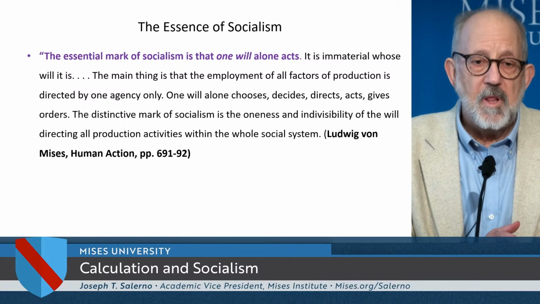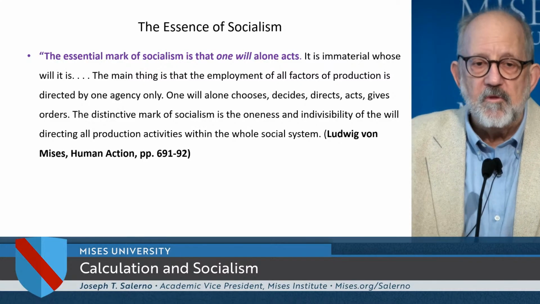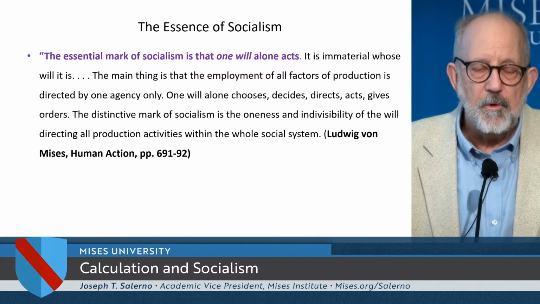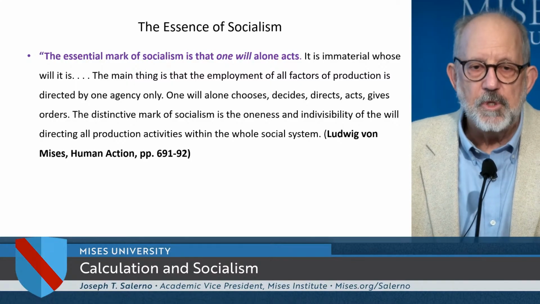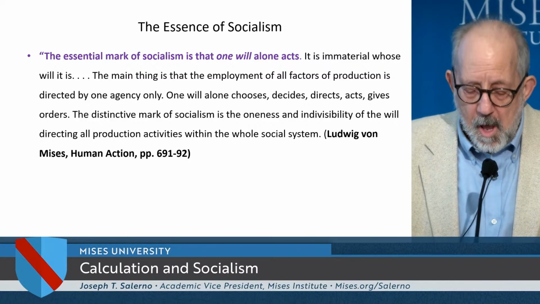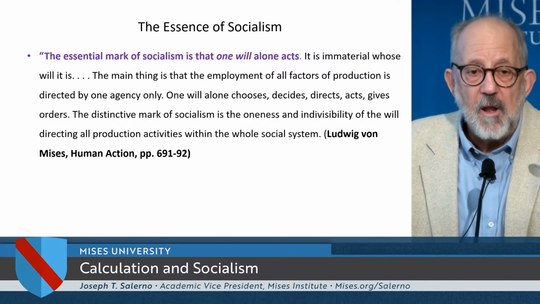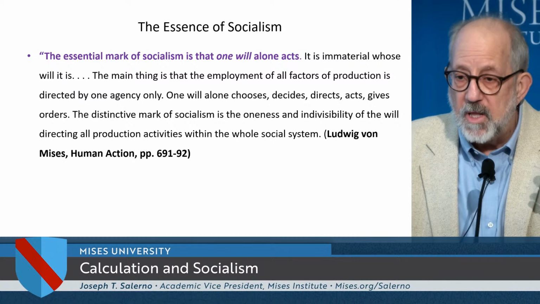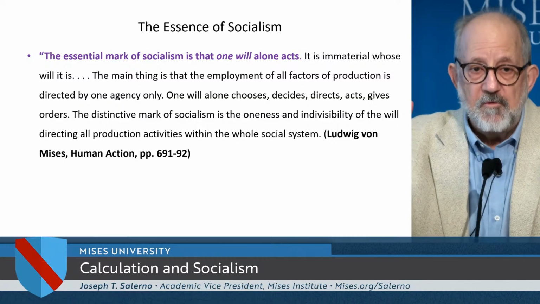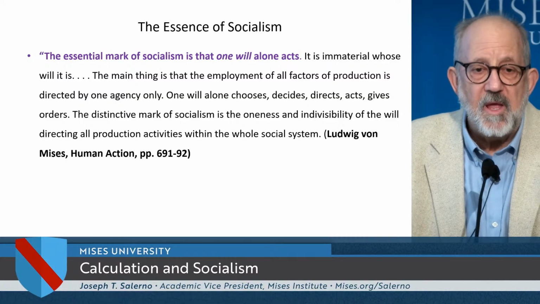Now, some Austrians claim that the reason why socialism can't calculate is because they can't use all the dispersed knowledge that's in the heads of different consumers and entrepreneurs and resource owners. But that's not the essence of socialism. The essence is that when you abolish private property and set up a monopoly, you only have one will that controls the allocation of those resources. And with one will, okay, even if it's a group of people, men and women together, who are the central planning board, with one will, there can be no exchange. There can be no difference in value scales.